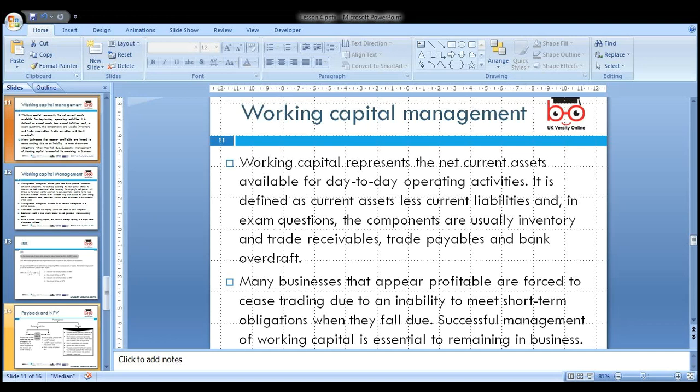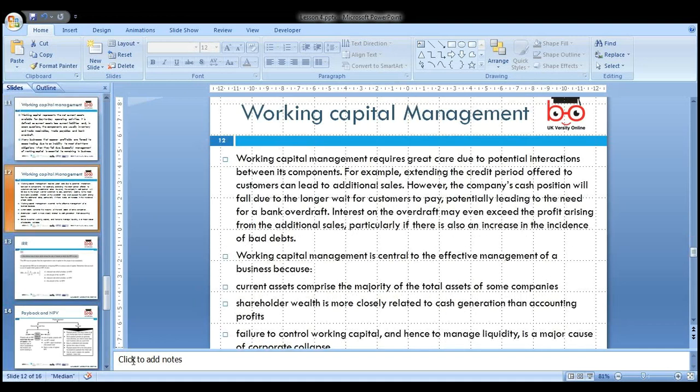So many businesses that appear profitable cease to exist due to the inability to meet their short-term obligations. So we always need to be focused on the short term. Working capital is very important. So in business, when we calculate the ratios, we usually calculate the